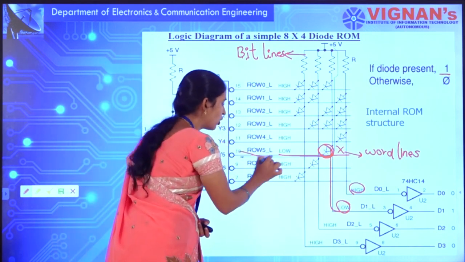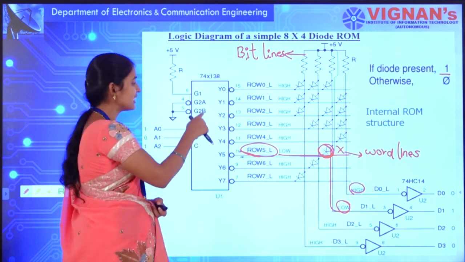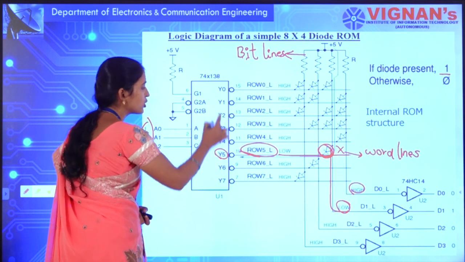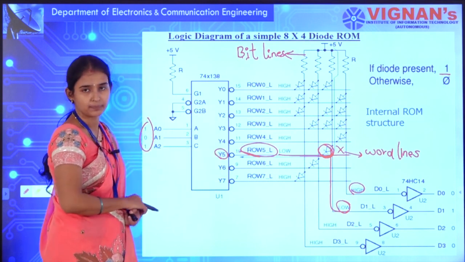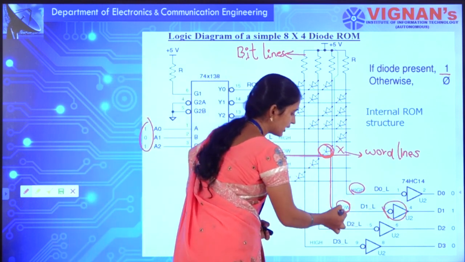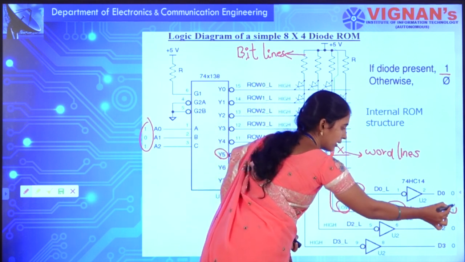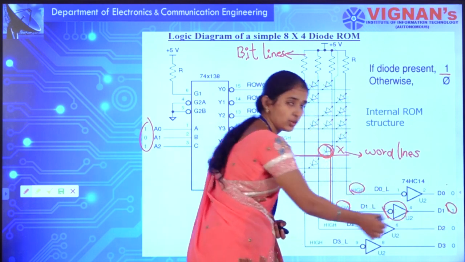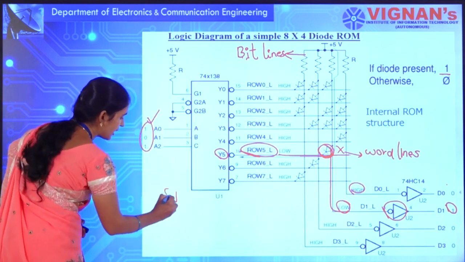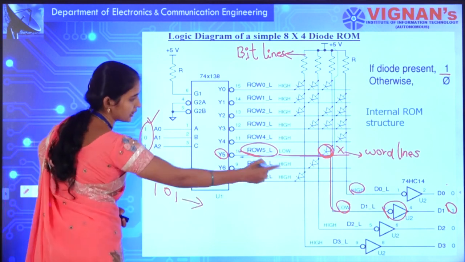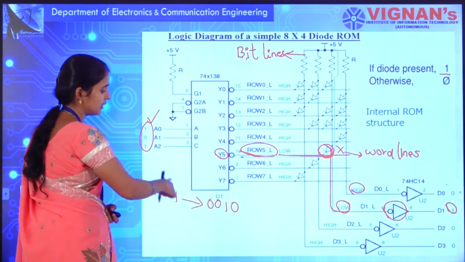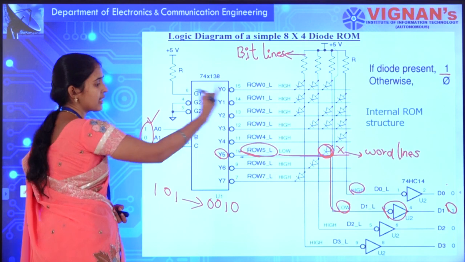Why am I discussing only row 5? Because it is a decoder. That means if I give 5 as an input, only Y5, that means only one output, will be high at a time. Then again you will have buffers. So if I give a logic low input, I will get 1. That means what is the data? 0100 is the data stored in this particular address. That means in address location 101, I have the data 0100. If I give this address, I will get that output.